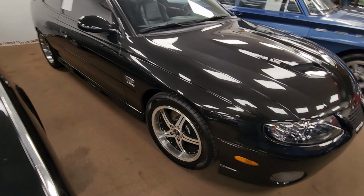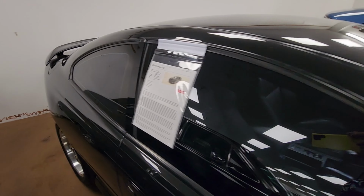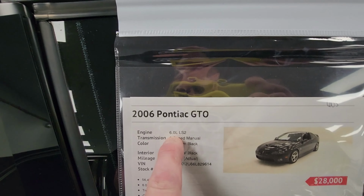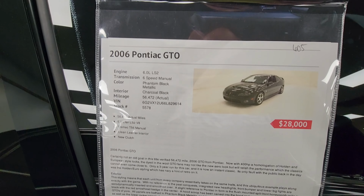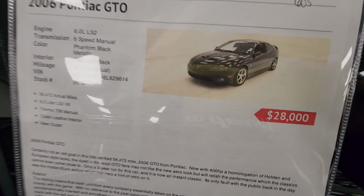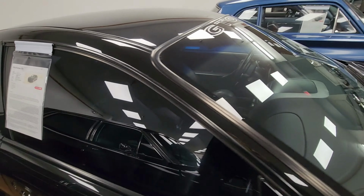So here's a GTO, 2006, which is the one you want because you get the bigger engine, get the larger brakes. 56,000 mile car, and with the Tremec in it, and they're asking 28. And you know,